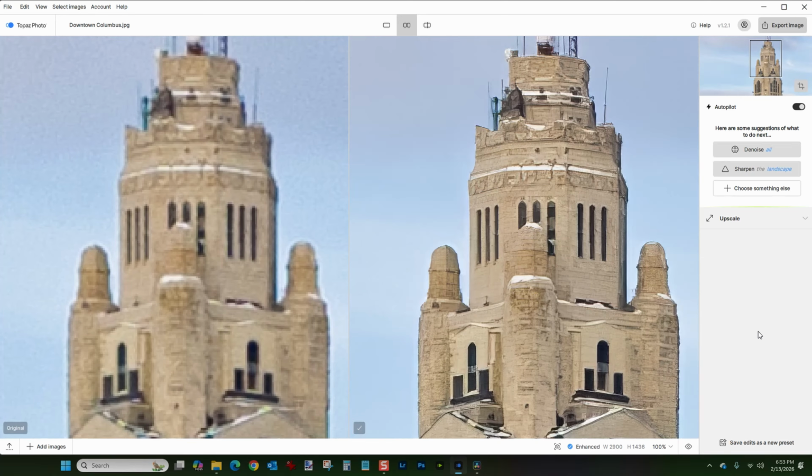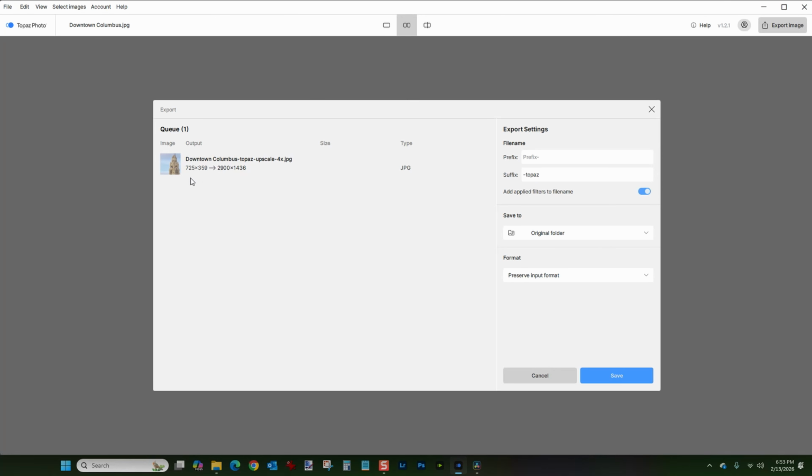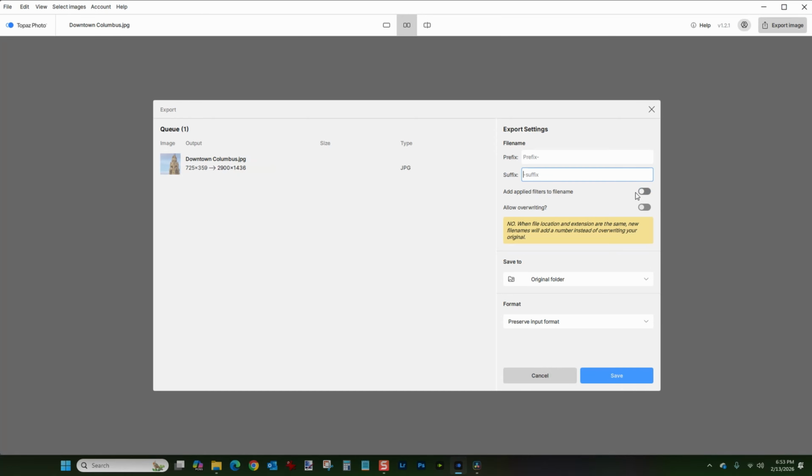Now, for this image here, again, I don't want to have multiple copies, and maybe you do, but I don't. So what I'm going to do is, under Export Image, instead of having it like this, I'm going to remove Topaz here as a suffix. And once you do that, and you disable Add Applied Filters to File Name, you get another option called Allow Overwriting. So now I'm going to overwrite the file instead of making a copy. And of course you get a lot of warnings saying that it can't be reversed, it will overwrite the file, which is what I want. I'll hit Save,